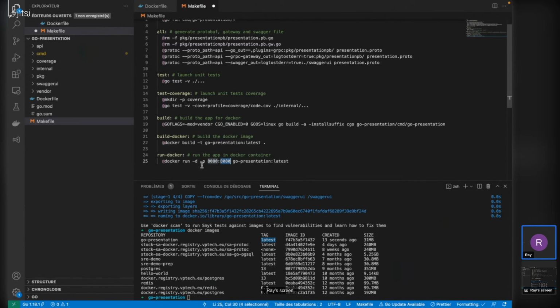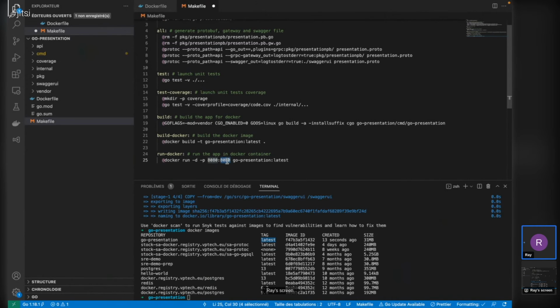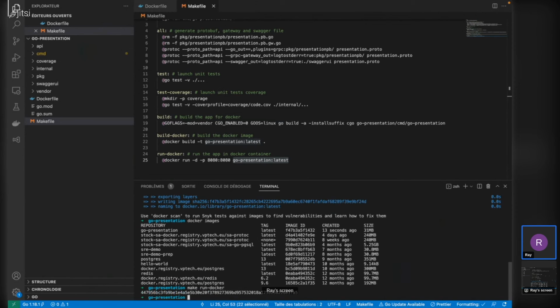So locally, I should be able to have access to my application on the port 8080. And then here I specify from what Docker image I want to run my application. So I will run this command, run Docker. Here you go.